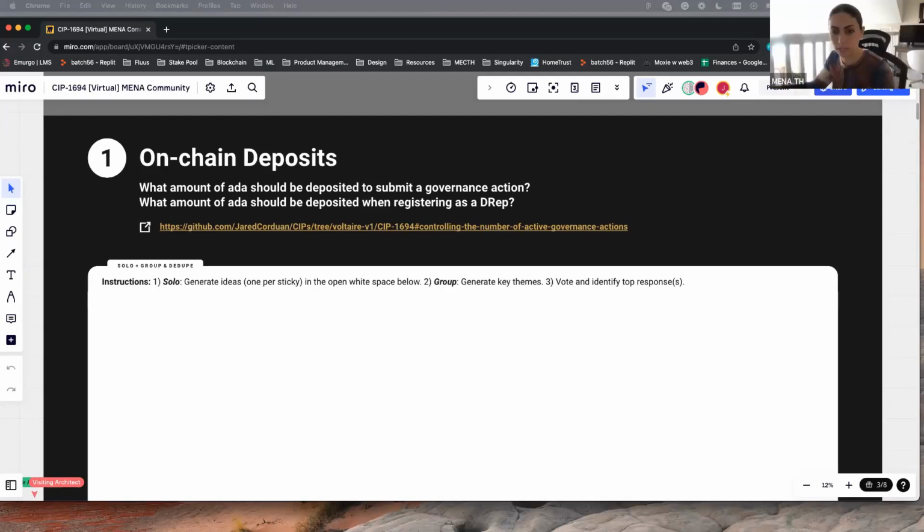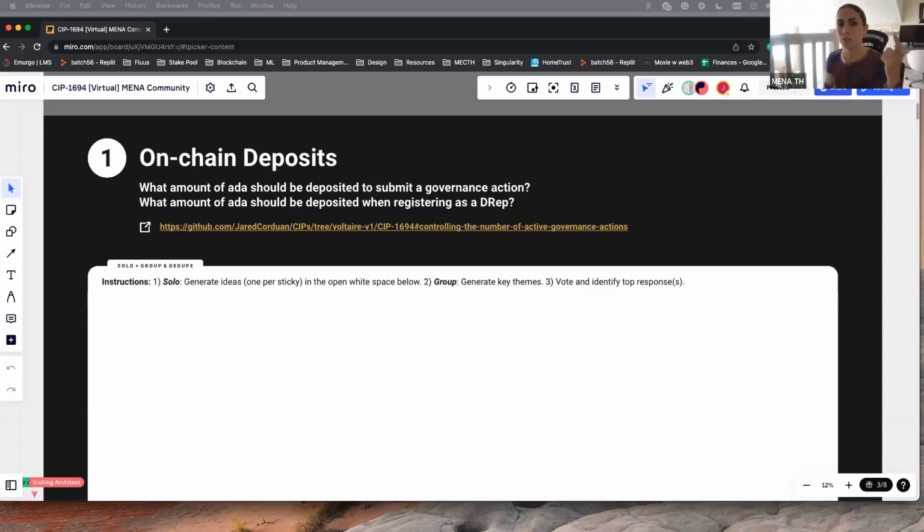Okay, well, really quickly, there are 3 governing bodies. There's a constitutional committee, and their main role is just to make sure that the governance actions follow the constitution. The constitution is going to be a living informal document that captures all the values of Cardano. So if there's any governance action that opposes anything in the constitution, they'll obviously object to it. But for a governance action to be enacted, which means to move forward, it needs at least 2 of the 3 governance bodies voting yes on the governance action.